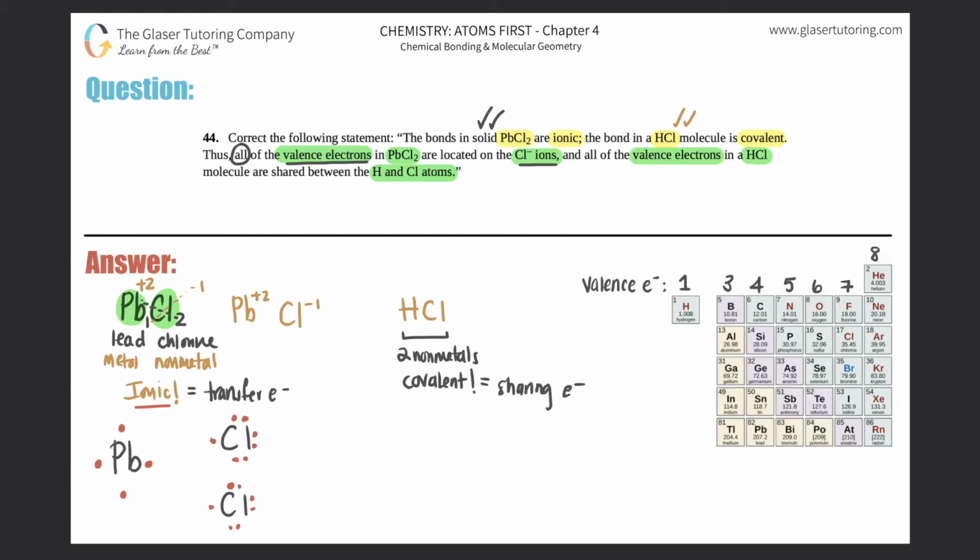This means that Pb lost 2 electrons because plus means to lose and negative means to gain. So that means that the Pb, one of these electrons, or 2 of them, have to be lost. And they go to each chlorine. So if I could just show you visually, one of these electrons would go to the chlorine, boop, and that's